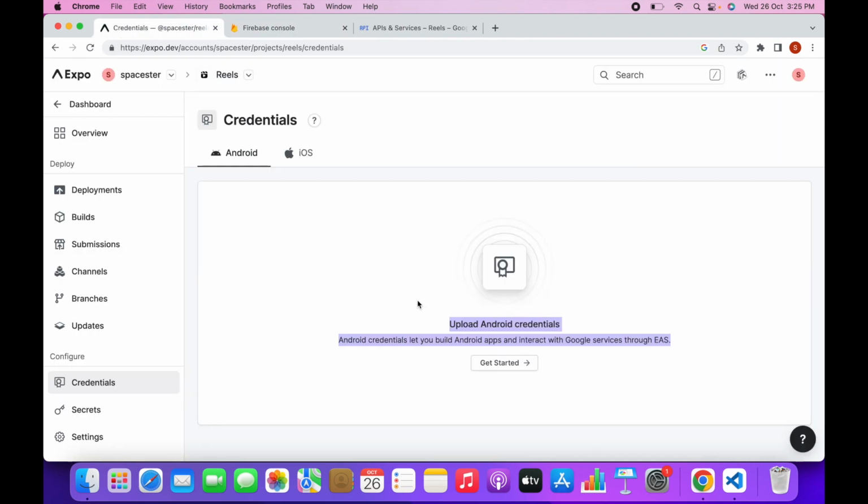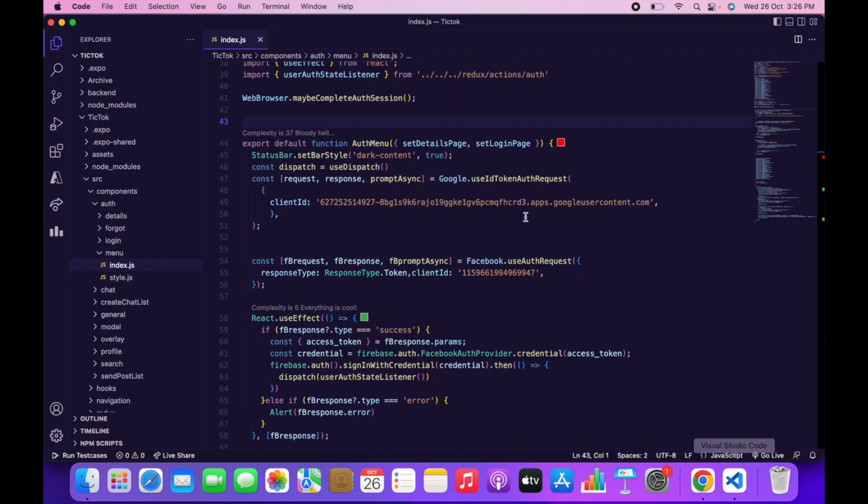Before pasting this key, I would like to show you how to create an APK to upload on the Play Store, or a debug APK to test it on your device if you want to, or distribute to your friends or your team members. And the same goes for iOS, how to create an iOS app to publish on the iOS App Store. So for that, just go ahead to your source code,